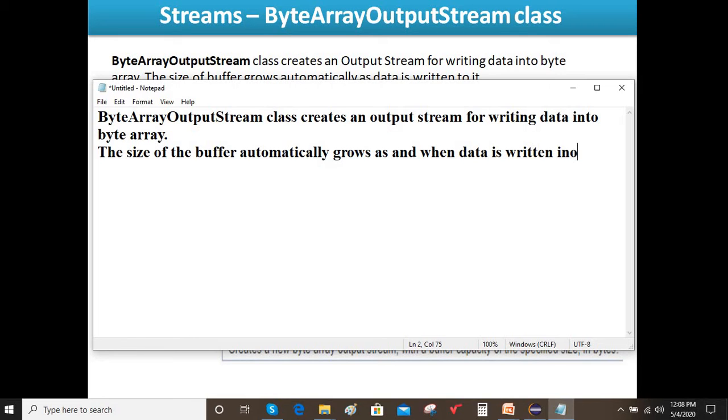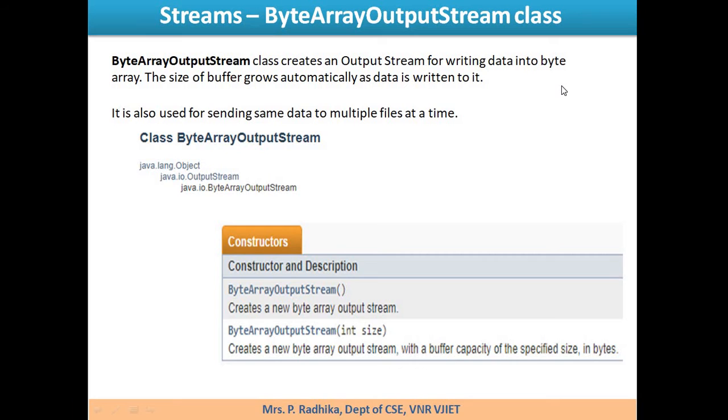Now, ByteArrayOutputStream extends OutputStream, which further extends the Object class.